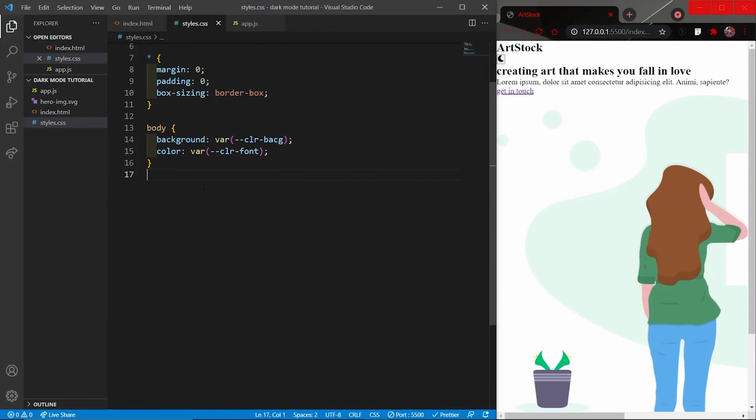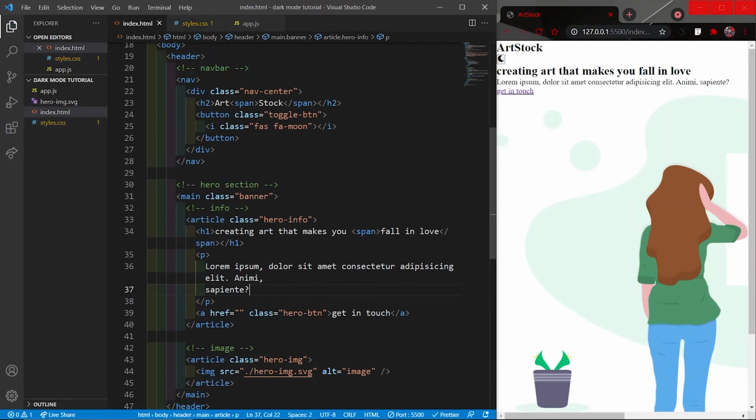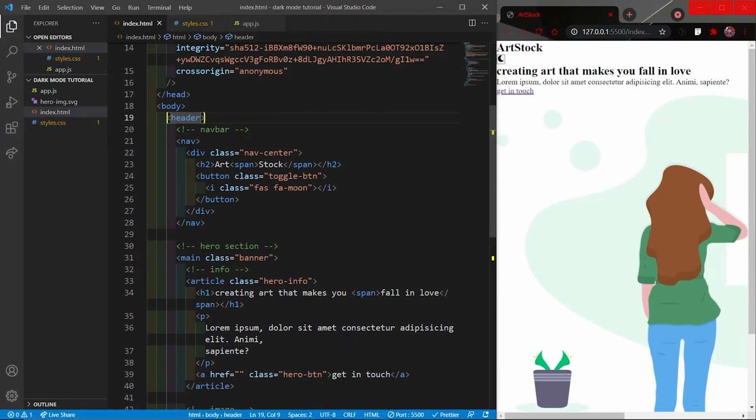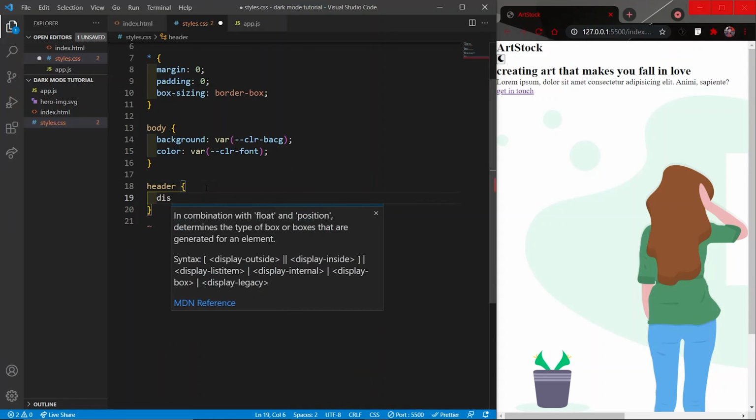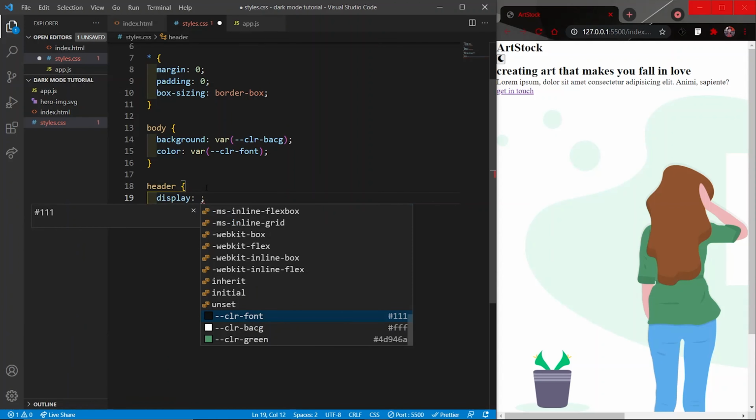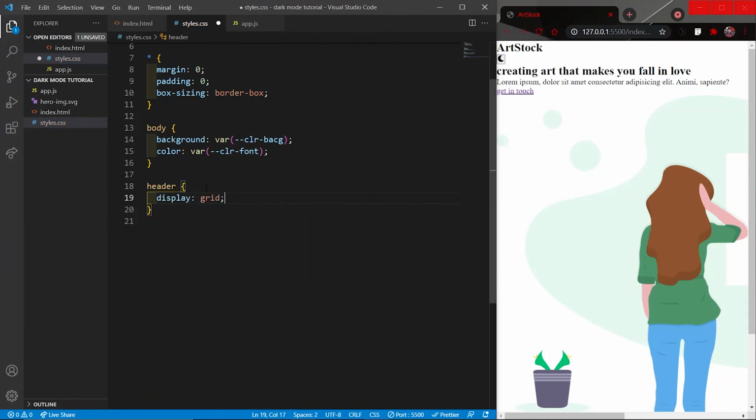And then for the header, which has my nav and my hero section, here we go. We have a nav and a main inside our header. So I would like to divide it into 2 rows, and I will use CSS grid for that.